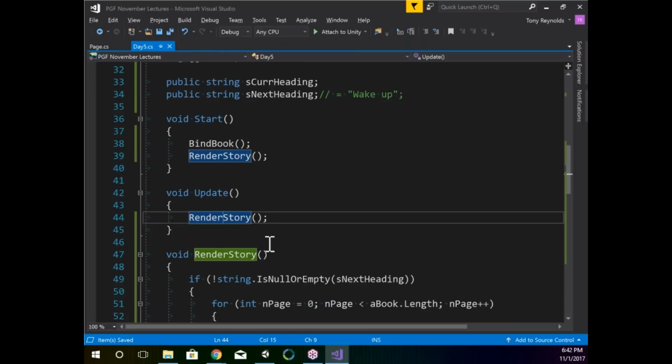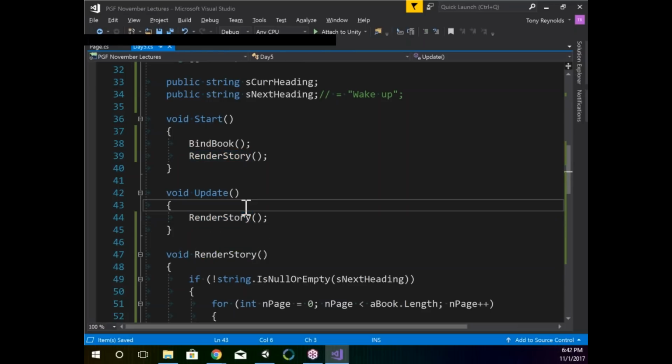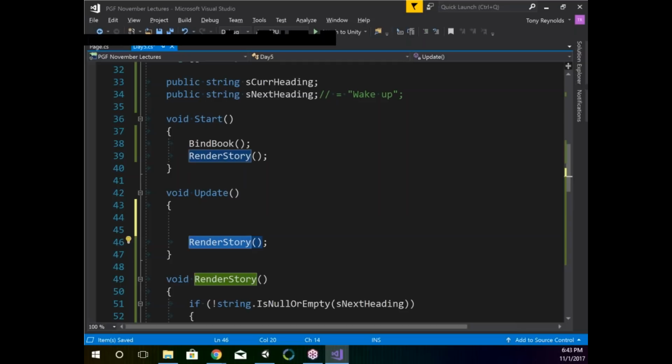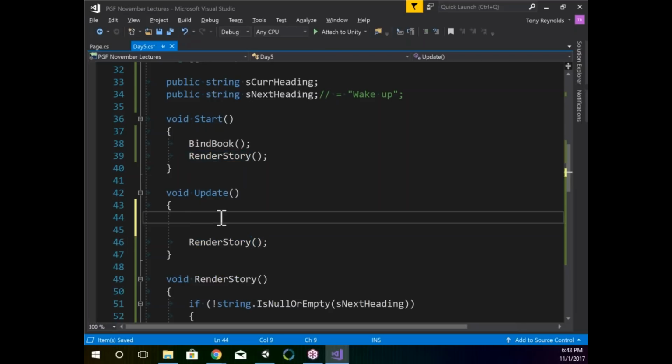Because I need it for actually displaying this information, I want to put all of my input handling stuff right above this. The idea is, render story, even though it has that for loop and goes through all the pages, is only ever going to do that if I explicitly change whatever the next heading is. So here, and this is specifically for the week 2 project,